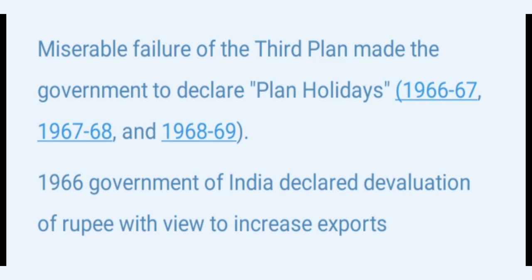The miserable failure of the third plan made the government declare plan holidays from 1966 to 67, 67 to 68 and 68 to 69. In 1966, the Government of India declared the devaluation of the rupee with a view to increasing exports.